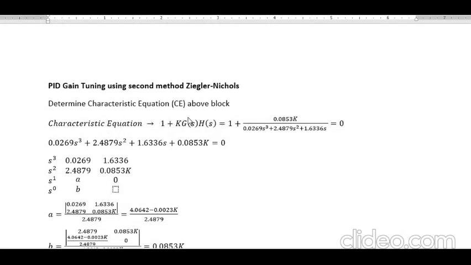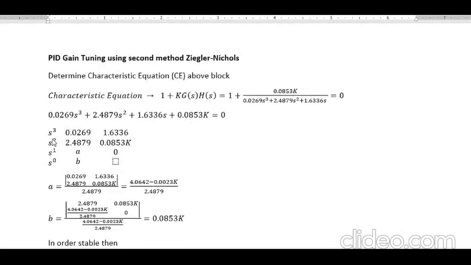That is the formula to get the characteristic equation, and then we substitute, and at the end we get the characteristic equation of the system. Using the Routh-Hurwitz criteria, we can determine the value of K.